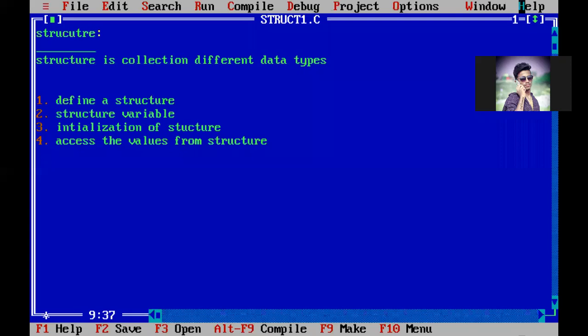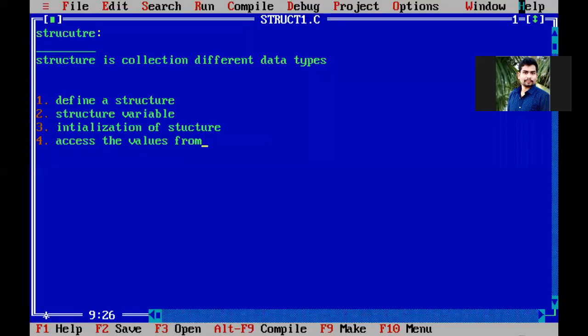In today's class we will have an example: defining a structure, creating the variable, then initialization and access. One by one we will see. Just note down in the rough notebook.